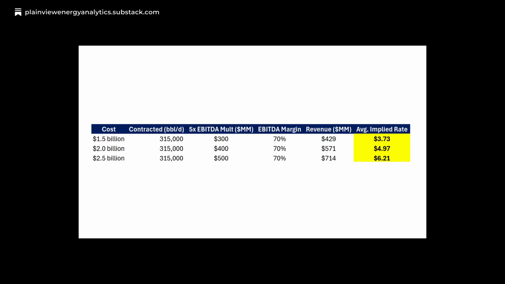I would say pre-COVID, you could make a pretty big pipeline, a 30-inch pipeline for several hundred miles, 400-plus miles, for under $2 billion. What it looks like in a post-COVID environment, I don't think there's been a lot of good comps that we can look at. I certainly wouldn't want to look at Trans Mountain for obvious reasons. But this should give you a benchmark of, hey, if we're looking at a 5x cost to EBITDA project and backing into what the rates would be to get a 5x cost to EBITDA project with 315,000 barrels a day of contracted capacity, you're looking at